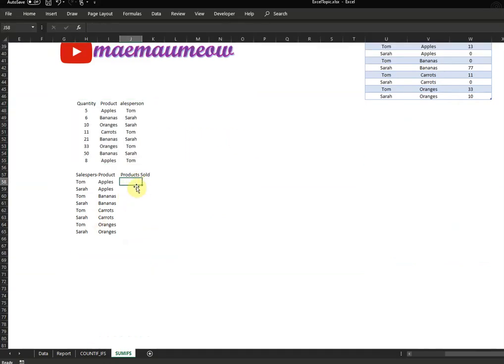We'll do this again. Our formula: type the equal sign, SUMIFS, open parenthesis. Our sum range is from H48 down to H55. That's the range that we're going to add up.